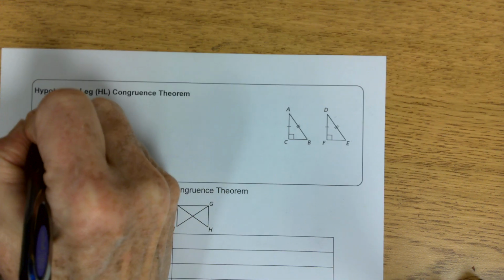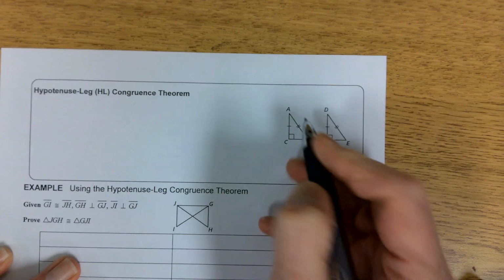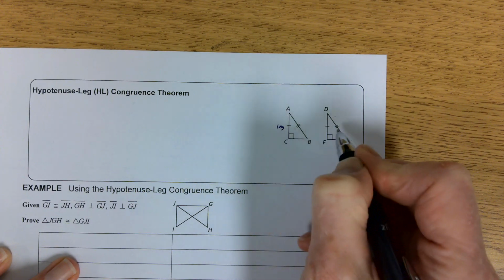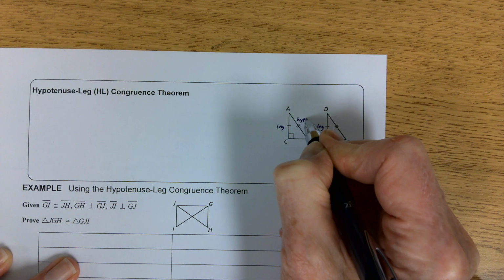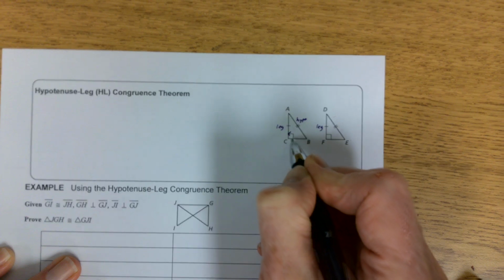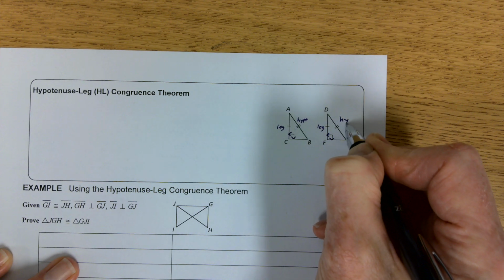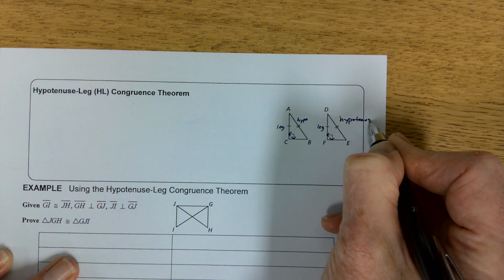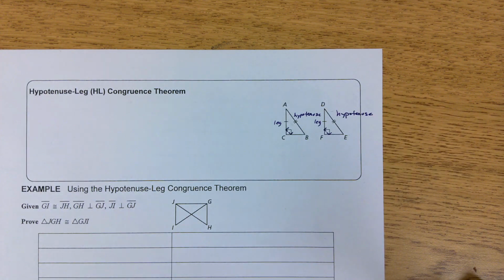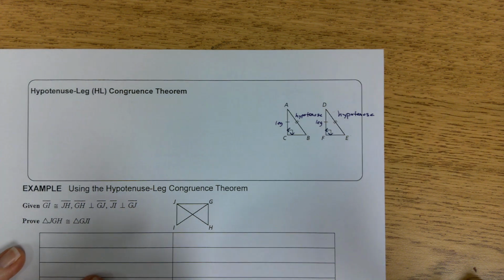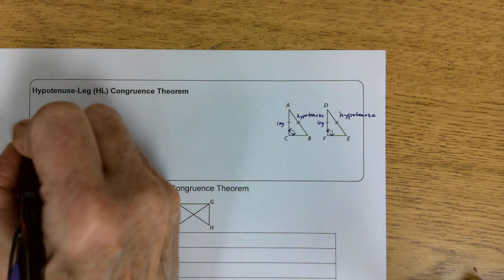And I'll show you what we got. We're going to talk about right triangles. And then I'm going to put the name of this right here. This is a leg. This is the hypotenuse. Because remember, the box points to the legs. This is a hypotenuse. The third side is called the hypotenuse, the longest side, and it's opposite the right angle. If the leg and hypotenuse of one right triangle